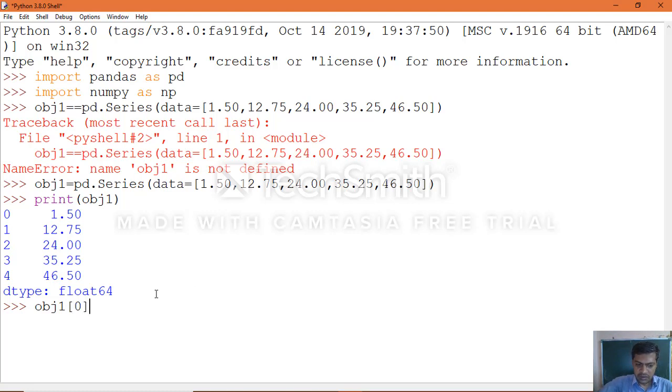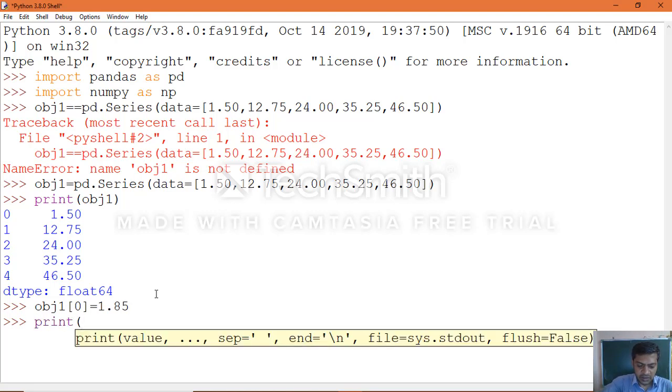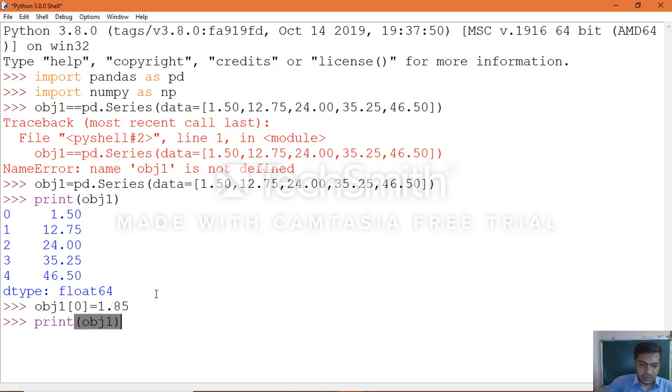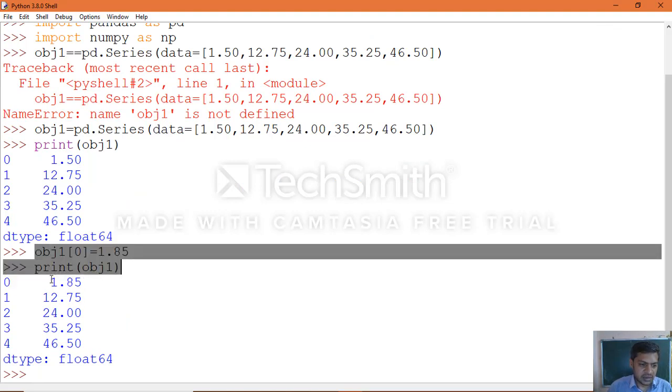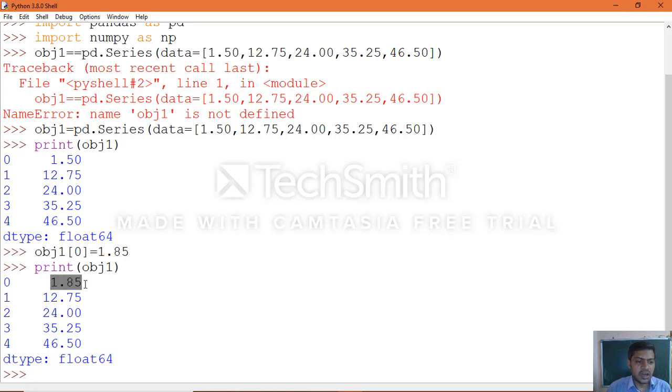So obj1 of 0 equal to 1.85. Now print the data again after the changes, print obj1. You can see earlier it was 1.50. Now after the statement which we executed, the existing value is changed to the new value which we assigned at that index number.